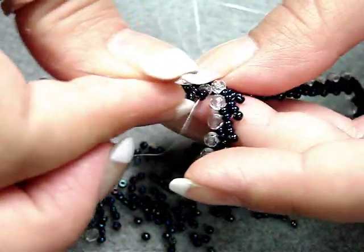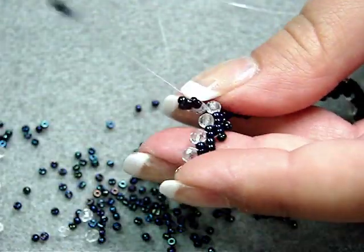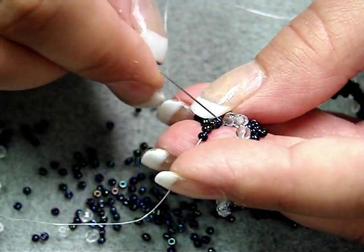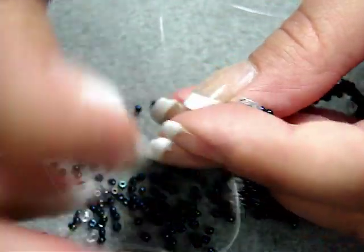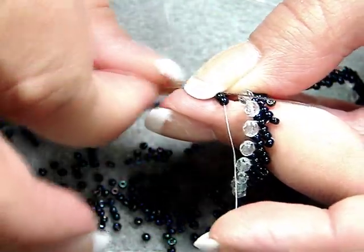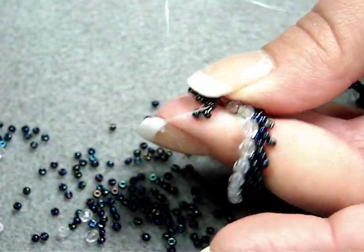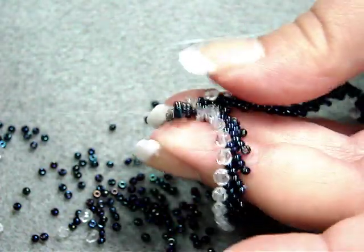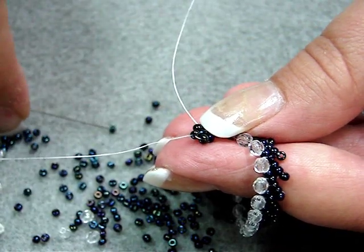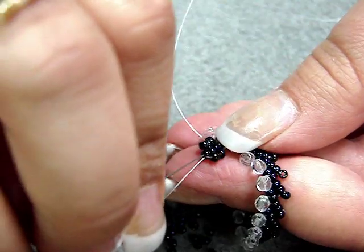Okay, we're going to string our 4 seed beads on. This is very much like what we've been doing, exactly like what we've been doing, but we're sharing a 3mm instead of adding one. So we've got our 4. We're going to go back up through the last 2, or the first 2 strung. Make that little flap. This time it's going to swing this direction. Pick up 1 11/0, run it down through the 3,